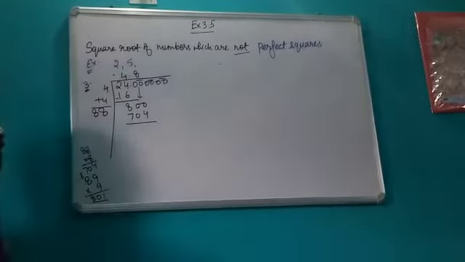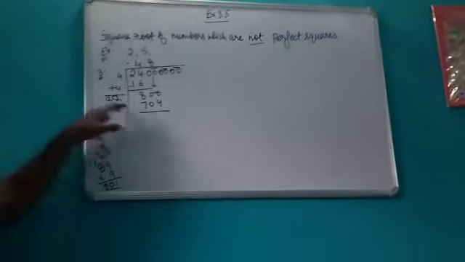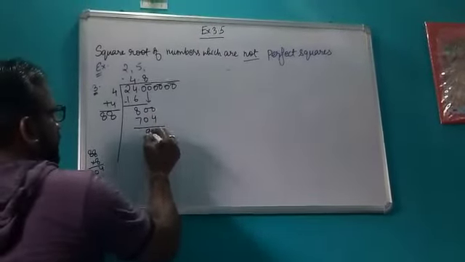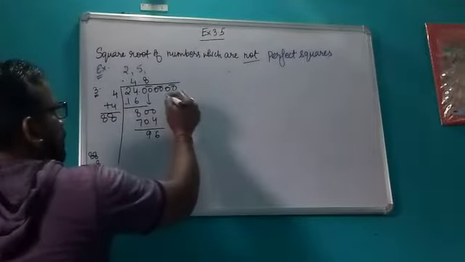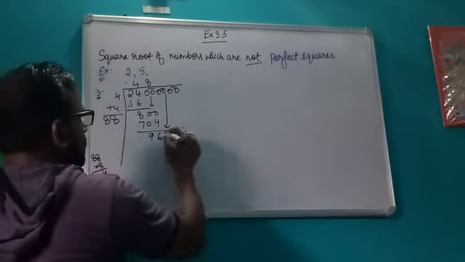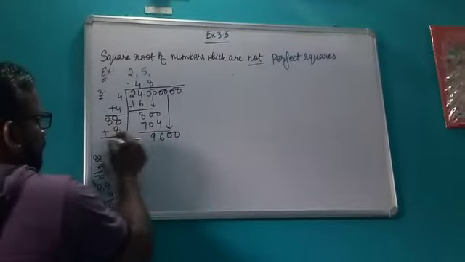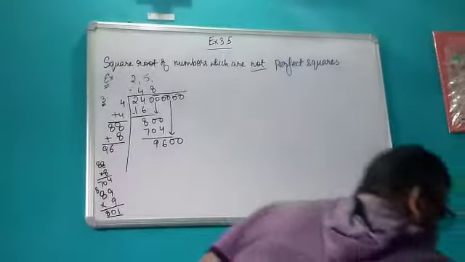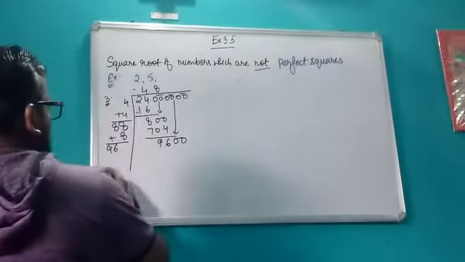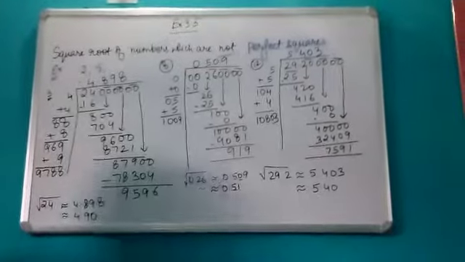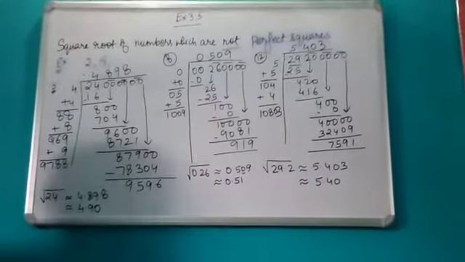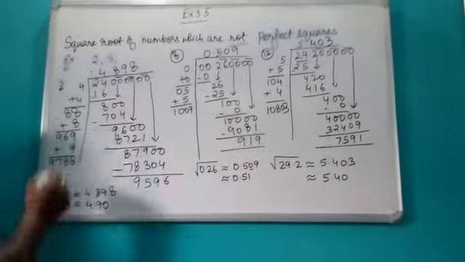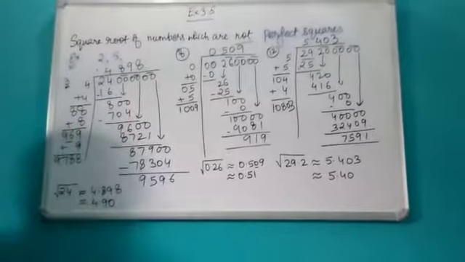Okay, so 801 is bigger than 704, so we will calculate till 8. Then it is 6 and 9, 96. Then we will bring this pair here, 00 plus 8 will come here, it becomes 96. Now, okay, so this you will get 704. Then you will subtract the value, so you will get 96. Then you will bring 8 here, it becomes 96.